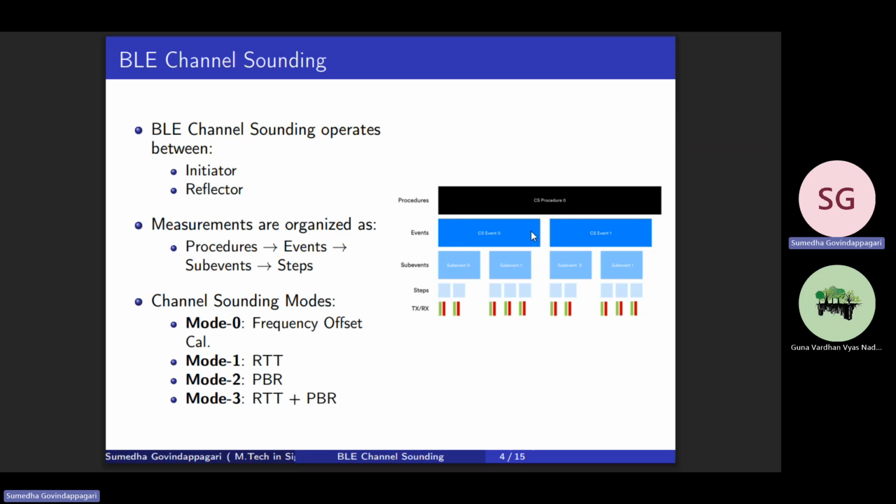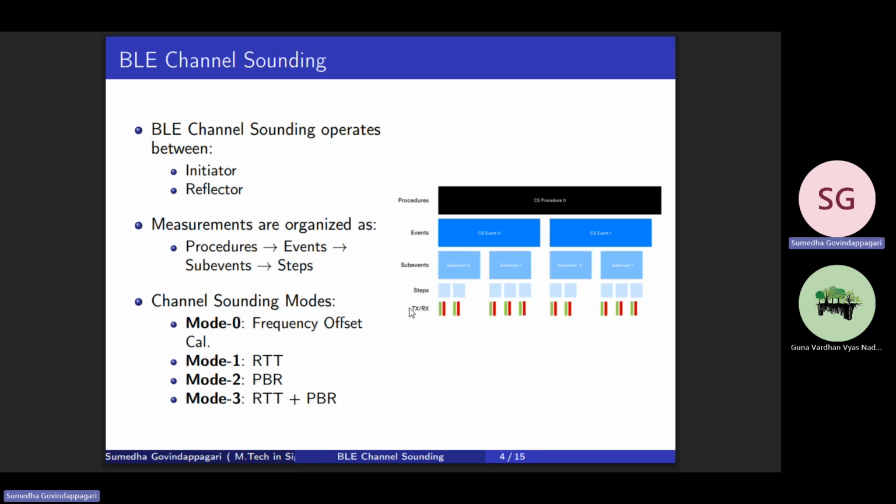One event has many sub events, and a sub event has multiple steps. Now, a step is the basic transmission and reception between the two devices. The distance is estimated over multiple steps,